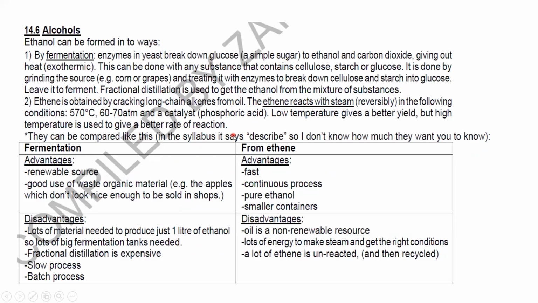It can be prepared or extracted from plants, so we can have glucose. And it is a good use of waste organic material. For example, organic material which is waste, we can also use. What are the advantages, but what are the disadvantages? A lot of material is needed to produce 1 liter of ethanol. You need too much glucose to produce this ethanol, and at the end you have to do fractional distillation